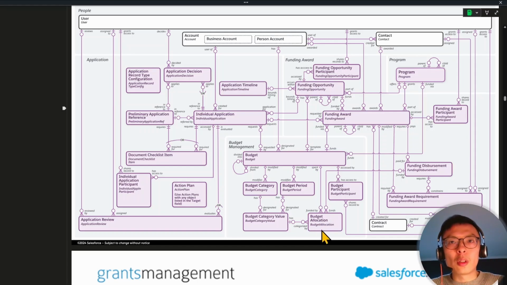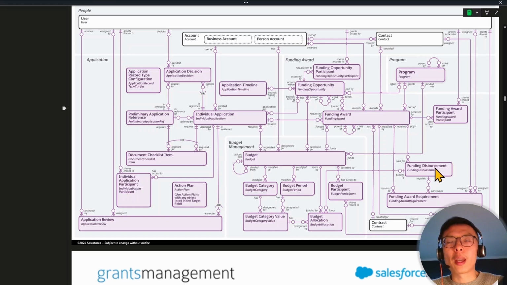And this budget allocation is associated with the funding disbursement and also the budget category value, which is the value that's entered in the proposed budget that we've talked about, that LWC component for the budget. So what this will allow you to do is track the values in the budget and also the monetary value or non-monetary resources that's being dispersed to